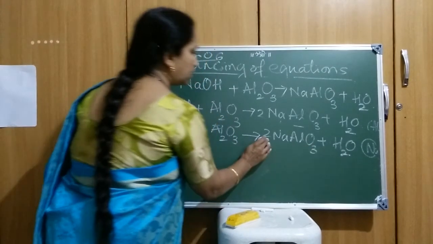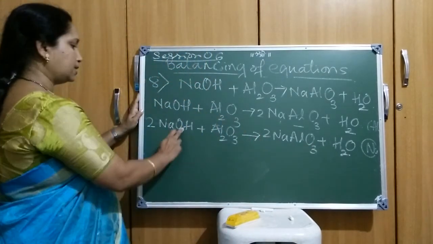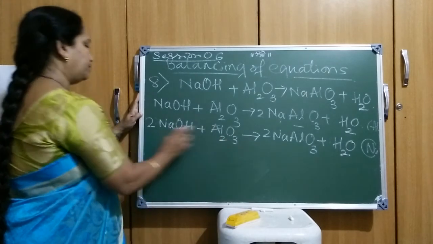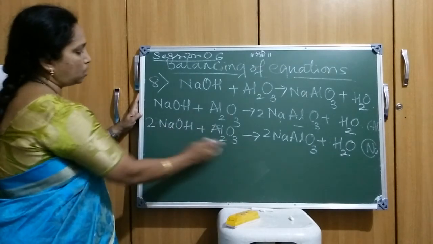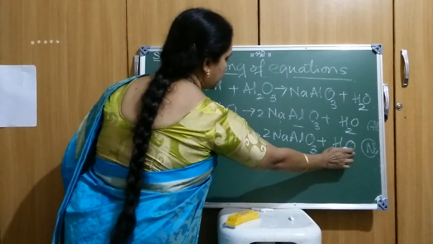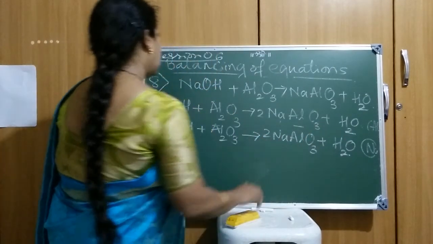Al2O3, no, 3 2s are 6. So 3 2s are 6, and here 2 as it is there. Oxygen here it is a 2, and here it is a 2 means how many? It is a 3 and a 5. And if you see over here, 3 2s are 6 plus 1, it is a 7. So how to balance this?